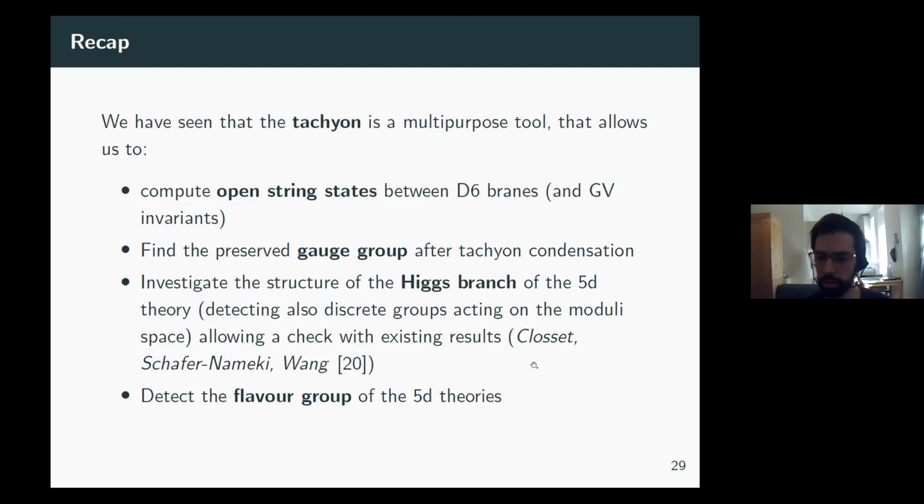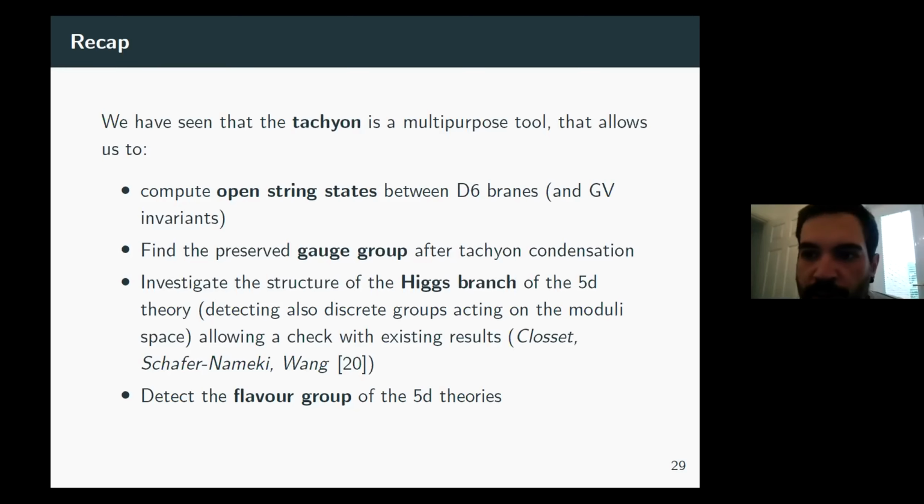I don't know if I replied to your question. Yeah, I was just curious about the status of the mirror of this class of manifolds. Yeah, explicitly, I don't know what to tell you because we have not tried to compute it explicitly. I would say that if we consider this kind of duality, we could say something perhaps. So this will be an interesting thing to examine. Okay, thank you.